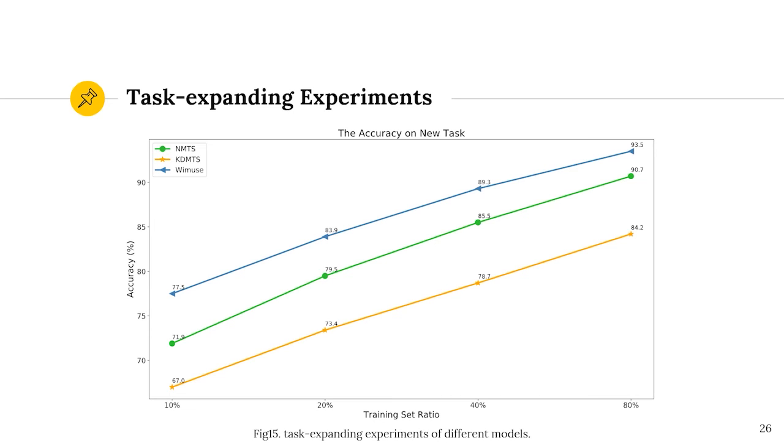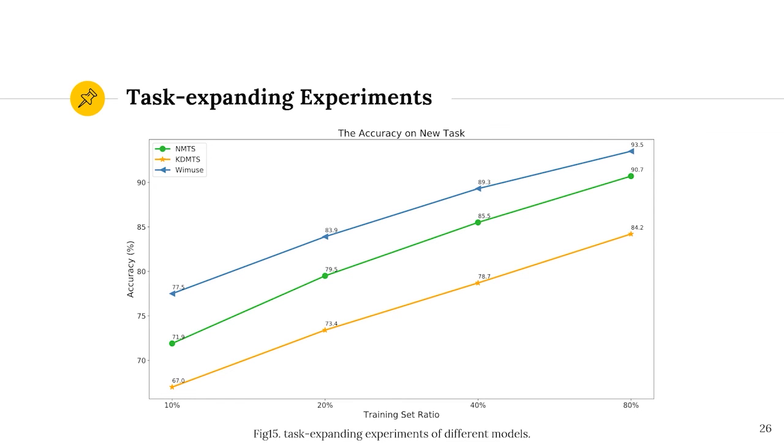As shown in figure 5, the accuracies of these models, like the naive multitask sensing model, the multitask sensing model based on knowledge distillation, and Y-Muse, increase steadily along with the growth of the training set ratio.